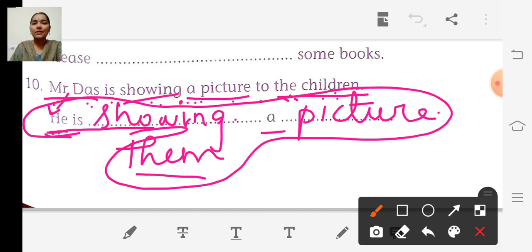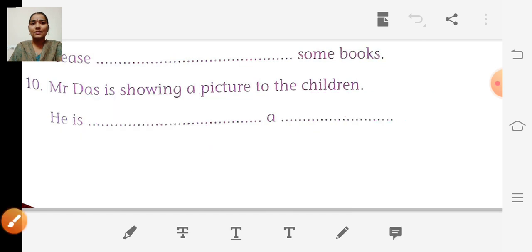Okay children, have you all understood? Yes. So you can write it in your Active English book neatly. Okay. Have you all understood? Yes. So first you read the sentence, then you make a try on your own. Okay. If there is a doubt, then you can look at this video and you can copy down in your Active English book. Okay children.